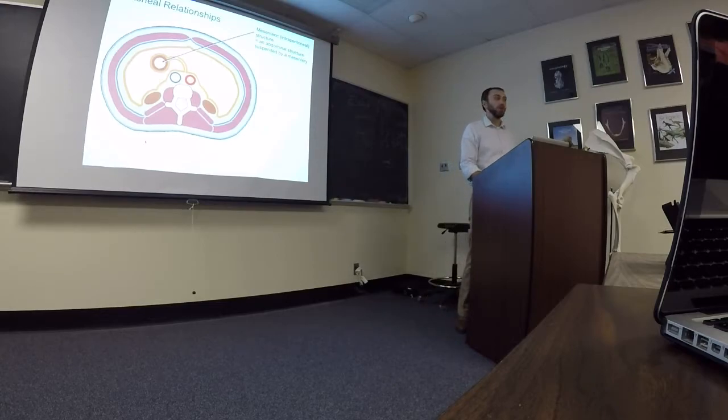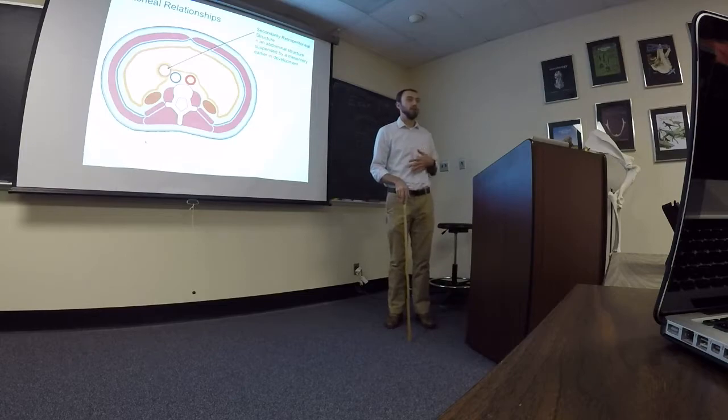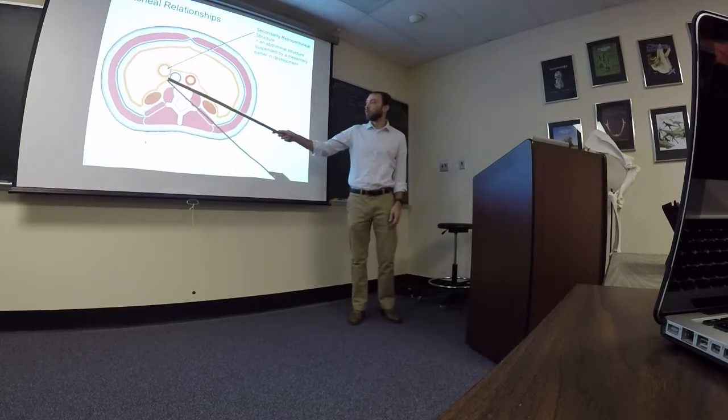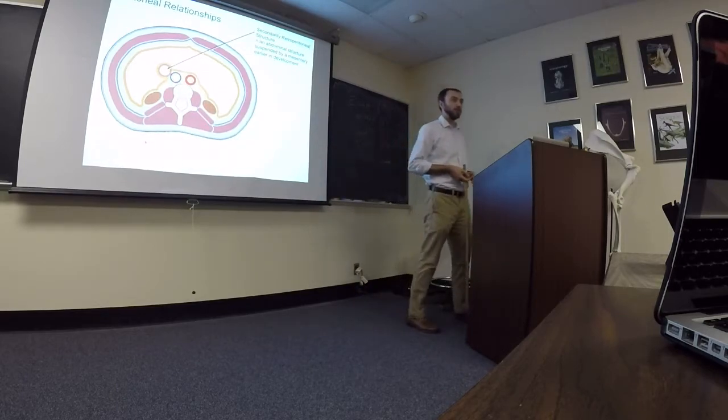Some structures during development will start out suspended by a mesentery, will get twisted around and pushed up against the abdominal wall, and will become what we call secondarily retroperitoneal. So this would be a secondarily retroperitoneal structure. At some point during its development, it was suspended by a mesentery, but in the adult, it's going to be behind parietal peritoneum. Does anyone have an idea of what this secondarily retroperitoneal structure would be here from this